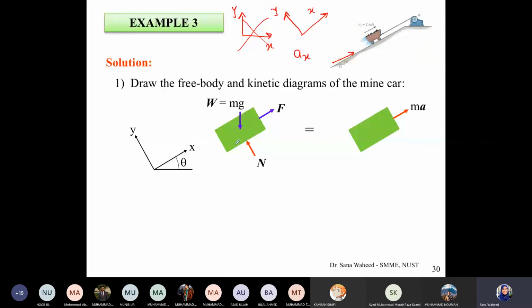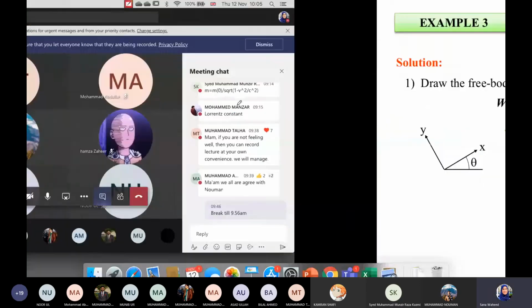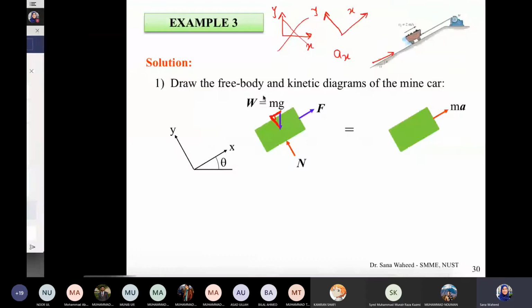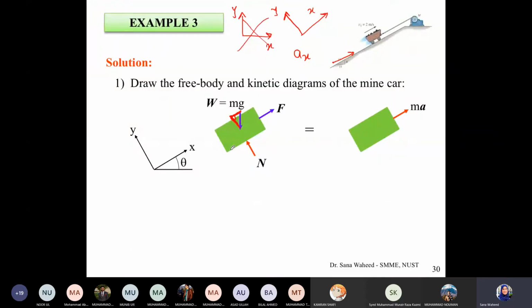So if this angle of the incline is theta, then by trigonometry, and I need someone to help me out because now I have to resolve the weight, right? Can someone help me out if I resolve the weight in the direction along and perpendicular to the surface? Let me choose someone. Would someone like to volunteer, or if I pick someone and then they get stuck and are embarrassed basically? Could you tell me, if this angle is theta,